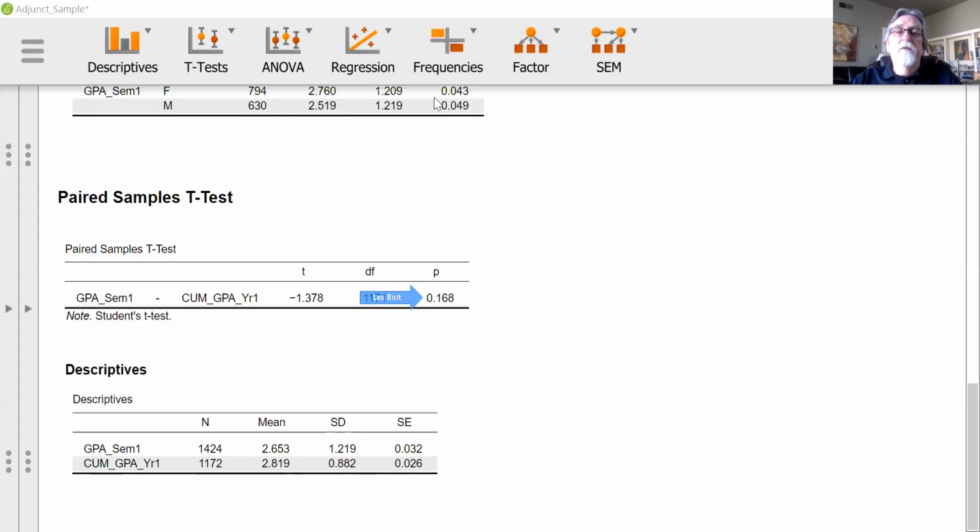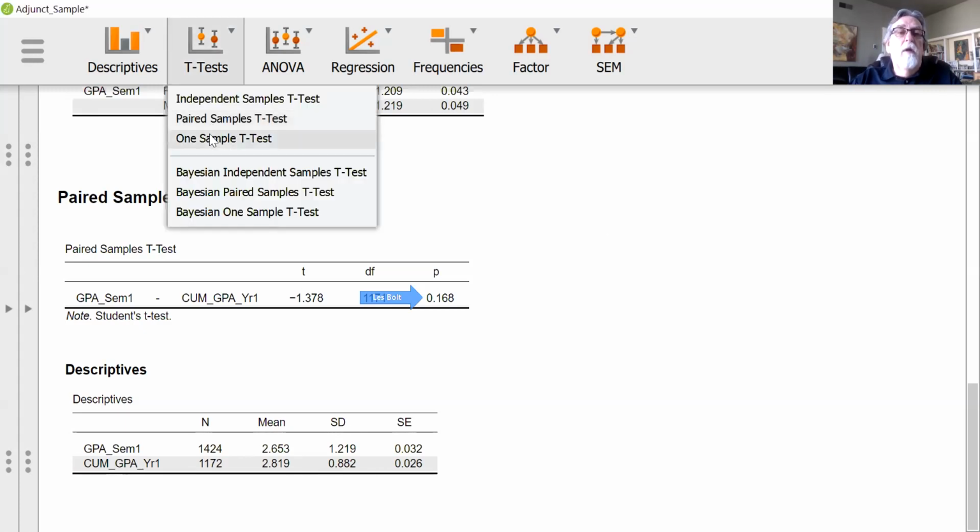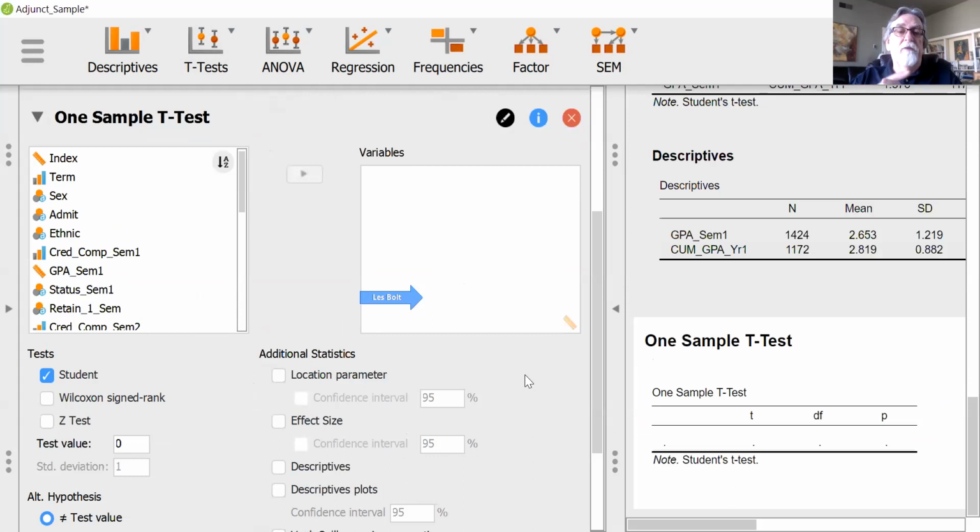Okay, let's ask a third question. We'll go to the one sample test. Let's say that we know that the average GPA per year across the entire community college system in this state, the cumulative GPA at the end of year one, is normally 2.72. And so we have a test value of